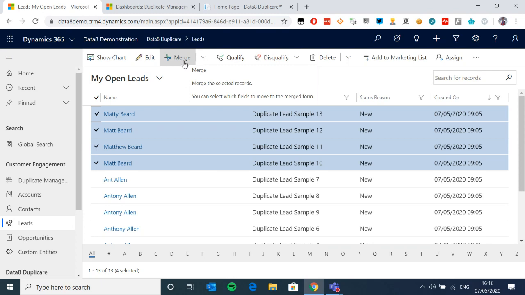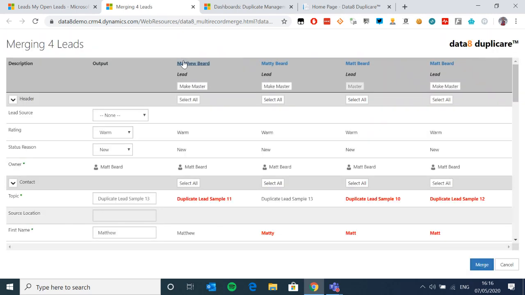So what this is doing is this has replaced the out-of-the-box merge window with what we took as a wish list, and we spoke to many other people about what they wanted in there. So what this now is, is a much more powerful merge screen. It can initially look a little overwhelming compared to what you're used to, but as soon as you start digging into it and you realize the benefits of it, users very quickly understand why the decisions that were made are there. So what we have here is nice and easy.